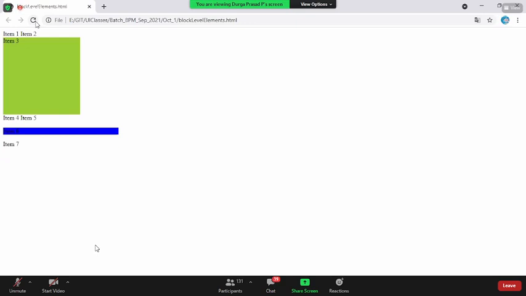Yes. Can I say that paragraph tag falls under the block level? Yes or no? Yes, sir. Obviously, yes. But on the top, it is having some other properties. What was that? It is automatically maintaining some space on the top and on the bottom. That is an extra property what it is having.